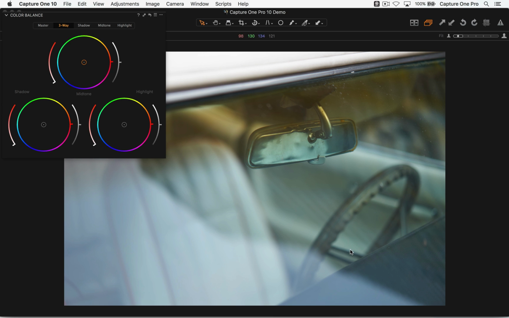So if we look at the shadows, which would be sort of down in this area, kind of up here, I guess, and just drag that, let's just cool that down, you can see that applies a nice cool tone to the shadows. If we do the opposite and go to midtones, which is probably sort of around here, and drag it in this direction, then we get a nice warming effect. And for the highlights, probably along the roof line here, that warms that up like so,